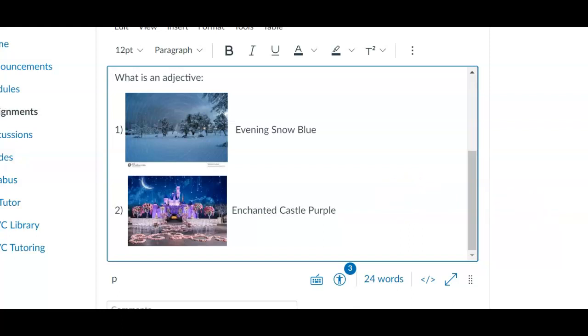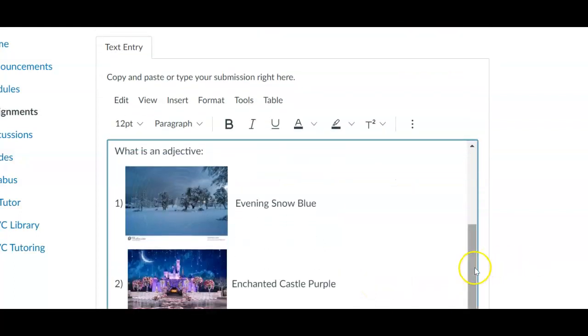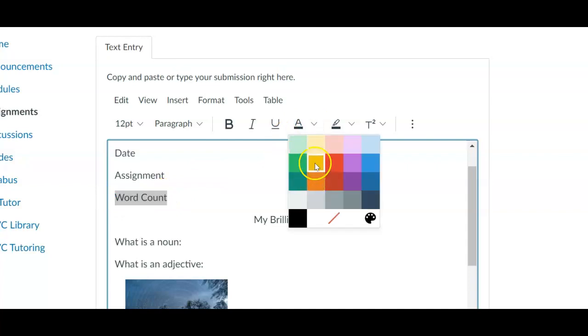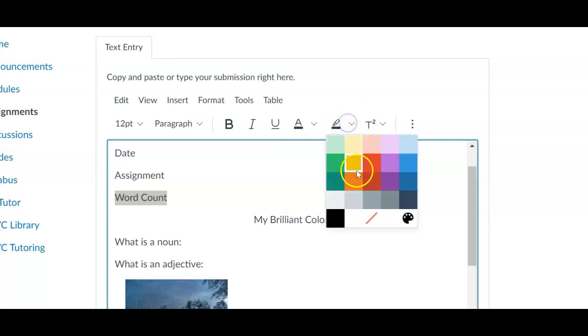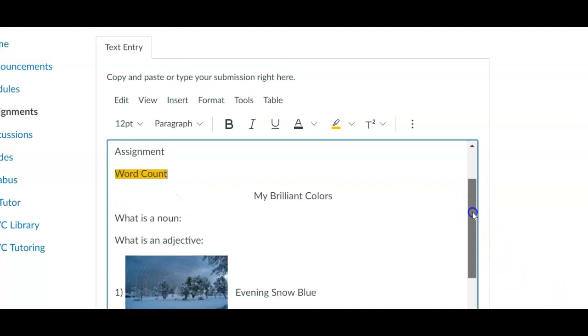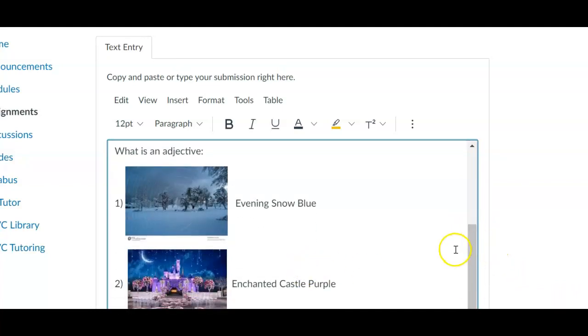Then, as soon as I'm finished with all that, I will see right down here the total words. And I simply go back up here when I'm completed with everything, and I type in that word count right there. You know what I do, you all? I always highlight this because if anybody's going to forget to do that, it's going to be me. So I always make sure I have that highlighted when I start any project because I'm likely to finish it and go without it. So do that 30 times, make sure they're all nice and pretty,